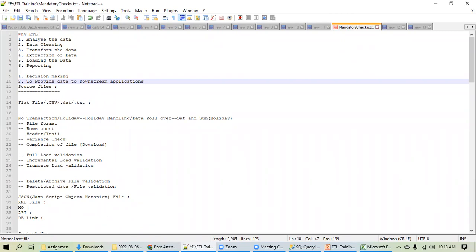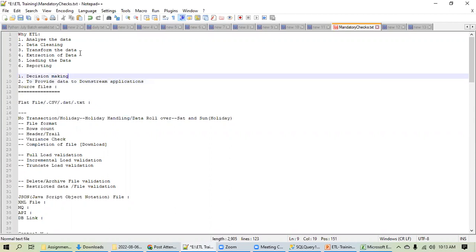So if the question is why you need ETL, there are basically two reasons. The first thing is for decision making or for reporting.